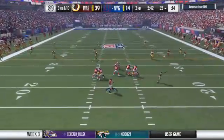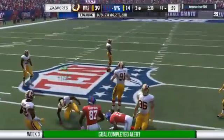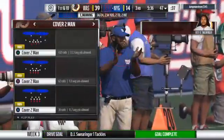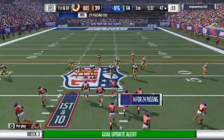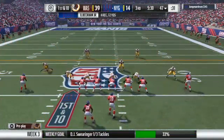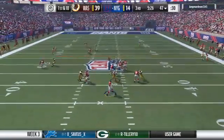On play action, it's Manning. He finds Beckham, complete. A good pickup there at 22. And at this stage, down in the second half, looks like they just wanted to find a way to get it in the hands of their playmaker, and they did. I think you're exactly right. I don't think the coordinator's looking at his play sheet and trying to figure...